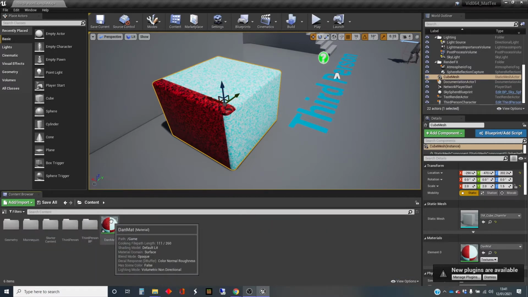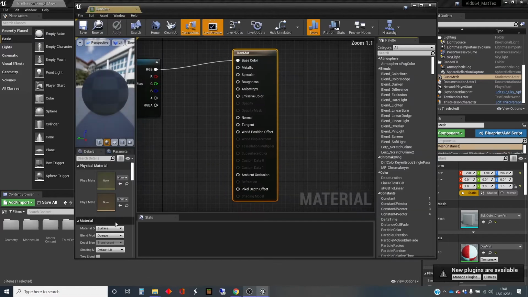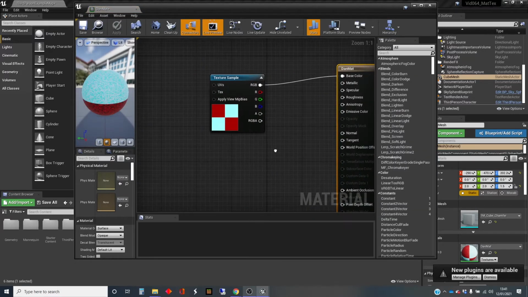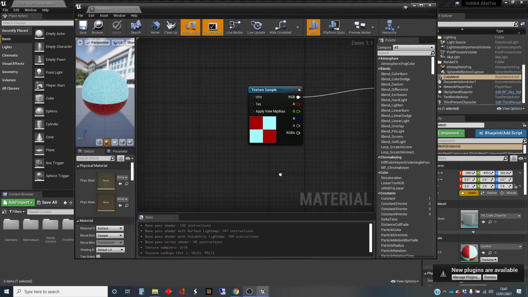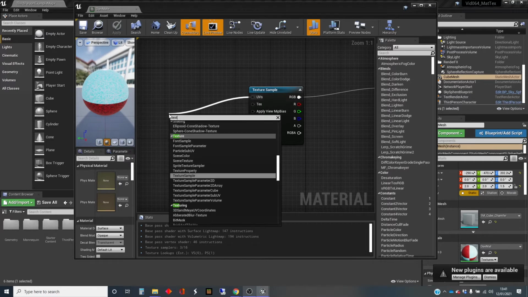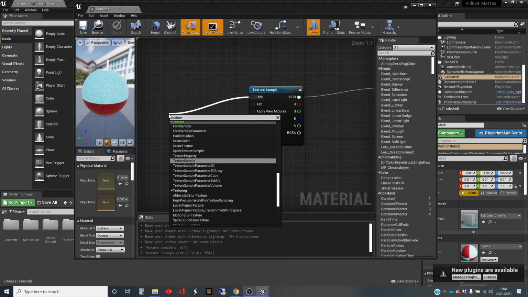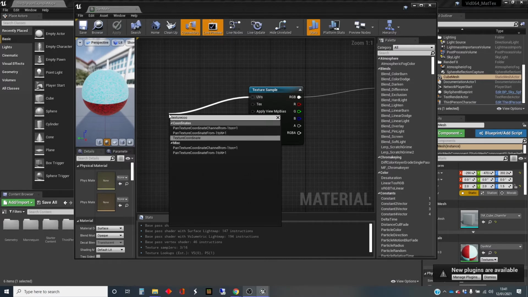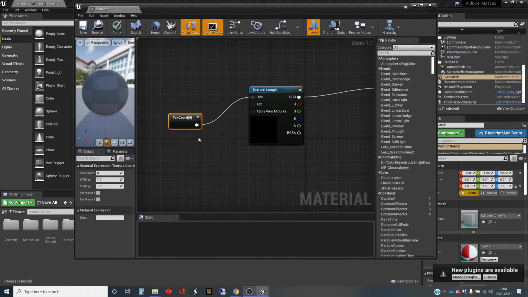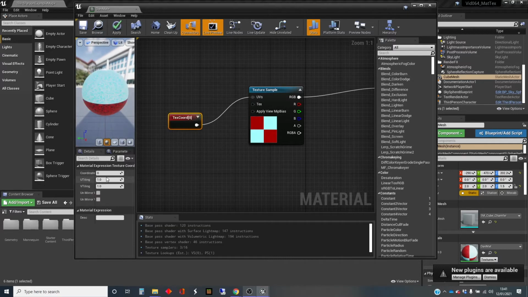And we can do that by going into the material. At the moment, it's using the standard UVs, which is the UV coordinates that are there as part of the model. But we can affect those and use the node texture coordinates. Texture coordinates, and within this,